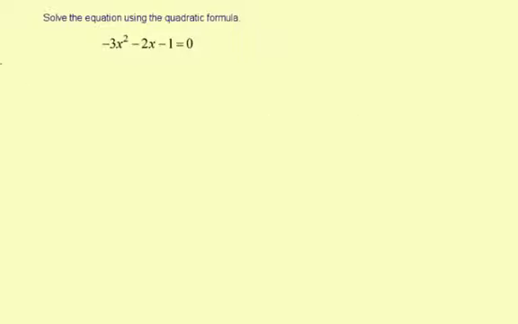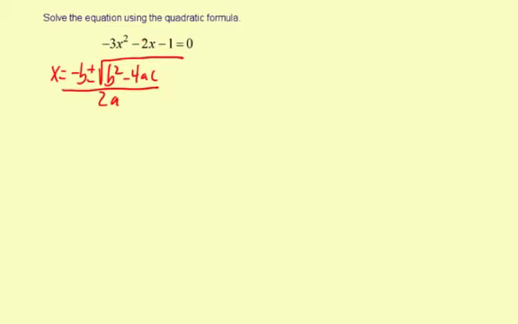Solve the equation using the quadratic formula. Now the quadratic formula says x equals negative b plus or minus the square root of b squared minus 4ac all over 2a. So what we need to do is find the values for a, b, and c, substitute, and